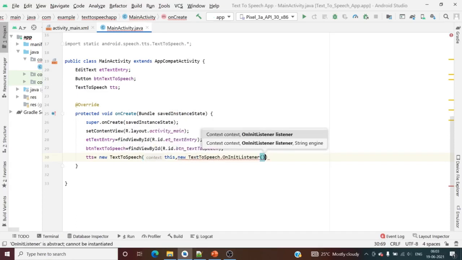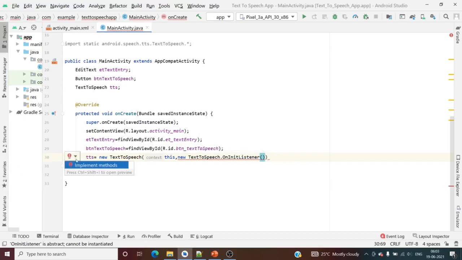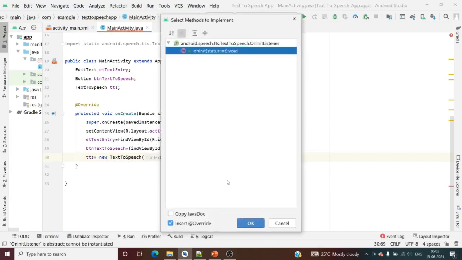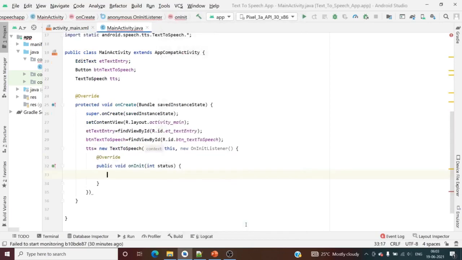Now it is asking to implement the methods, the initialization methods. Importantly, please see this: you have to end this first, otherwise that small error will erupt and it will be there only.